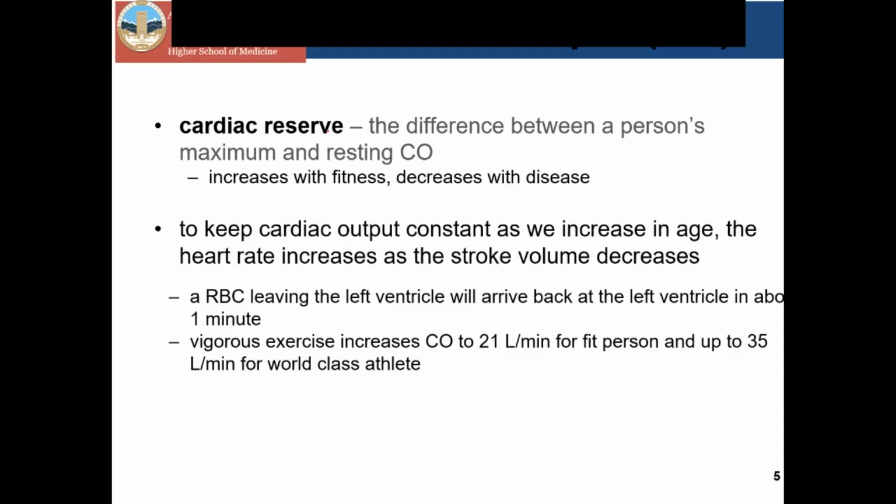Cardiac reserve, we have another term. Cardiac reserve is the difference between a person's maximum and resting CO. It increases with fitness and decreases with diseases. What does cardiac reserve mean? For example,